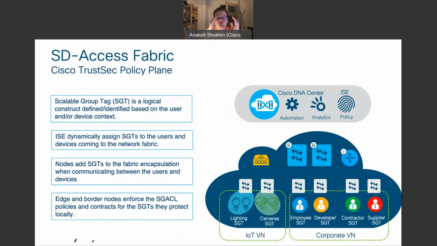Nodes add the SGT in the fabric encapsulation when they communicate between users and devices. Edge and border nodes enforce ACL policies, SG ACL policies, basically to protect against unwanted communication. So basically, that's all. It's one tag which allows you, for example, to permit or deny